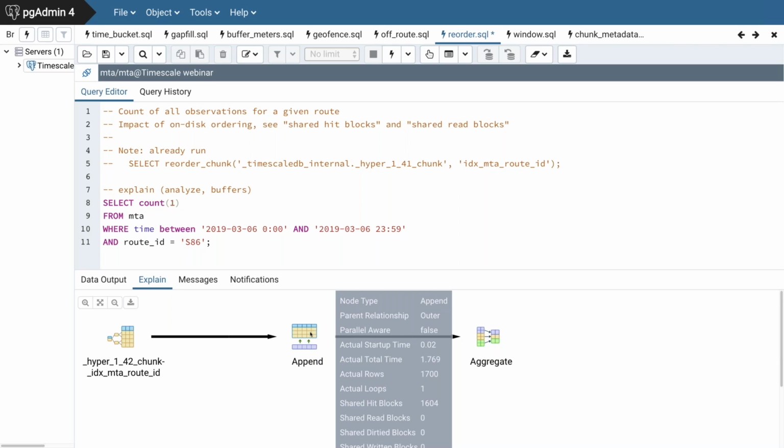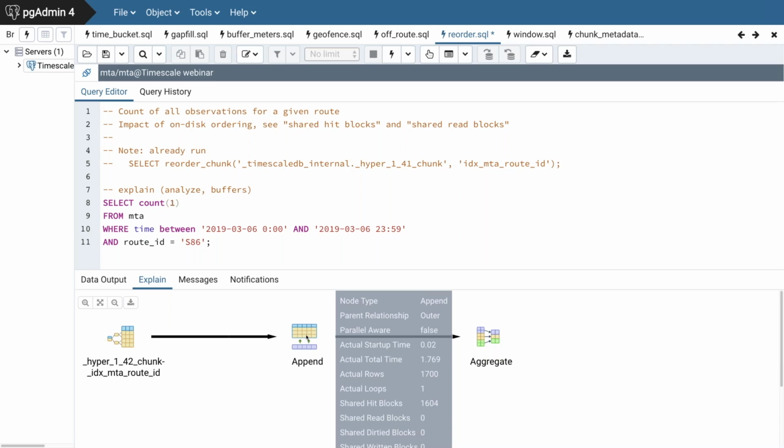The second thing, and this is the one that I really want to focus on here, is the shared hit blocks. Hopefully everyone can see that. If you look at the shared hit blocks or the shared read blocks, a block is by default an 8K chunk of data that Postgres uses to store all of its rows. This block will reside on disk, but can also reside in our shared buffers in our memory area. Regardless of where it's living at the time, your performance is really limited by how many blocks you hit. In other words, you have to pull in 1,604 blocks of data